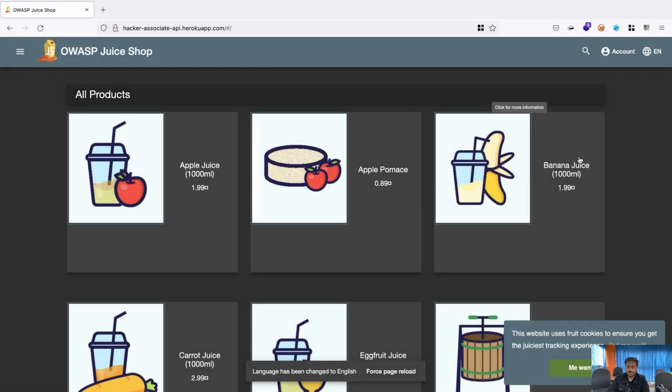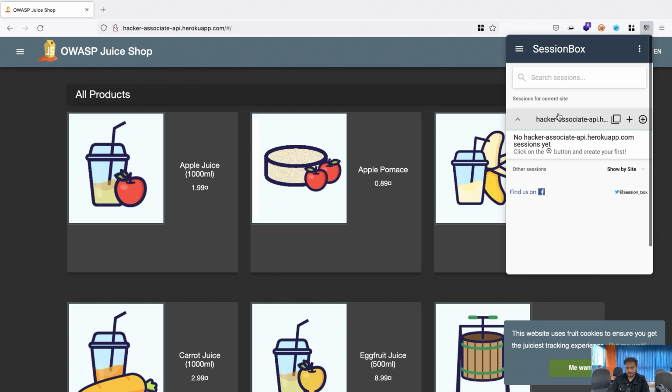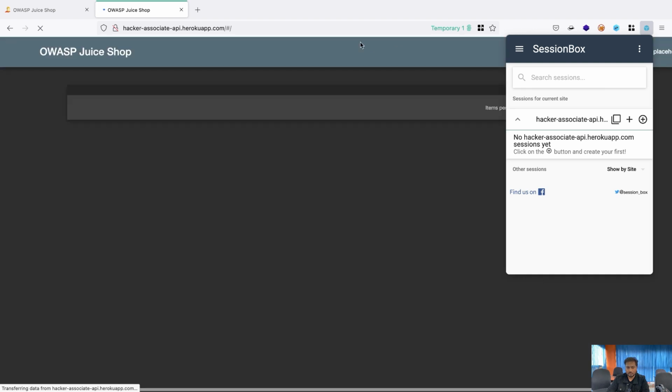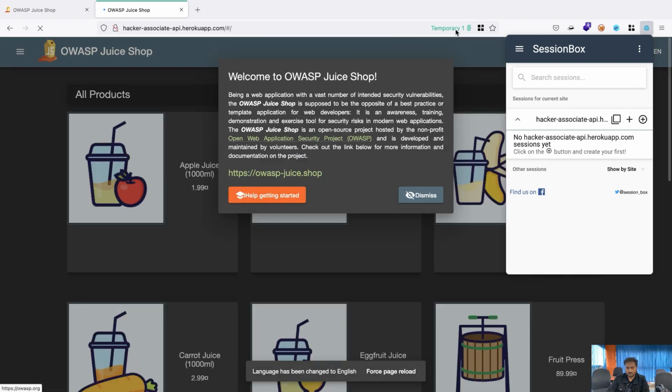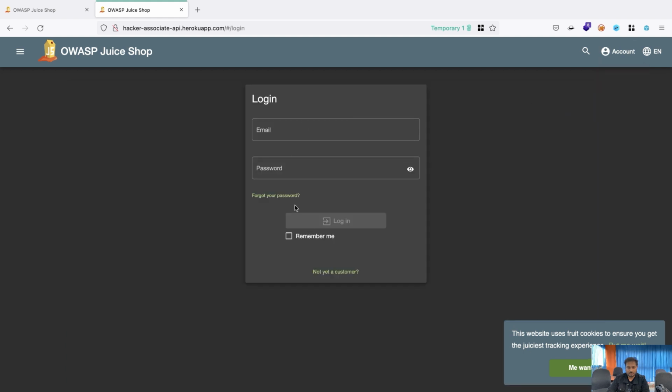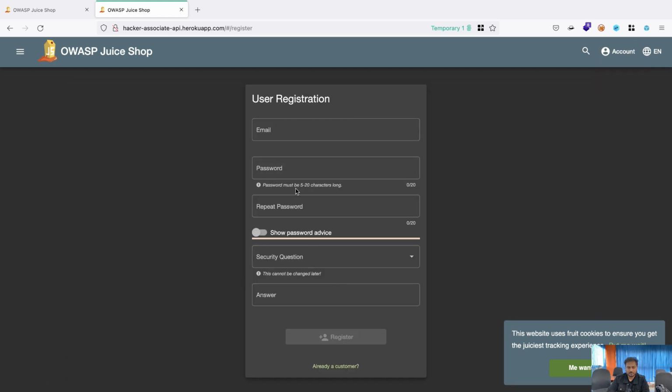What we can do next is click on this. You can see our API came here, and now I can click the plus button. This is a temporary session, by the way, and you can clearly see we have temporary 1. You simply dismiss it, and now you can click login. We'll create one account here, for example h1@test.com.